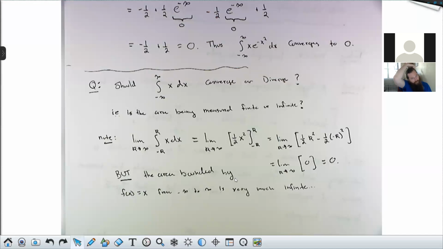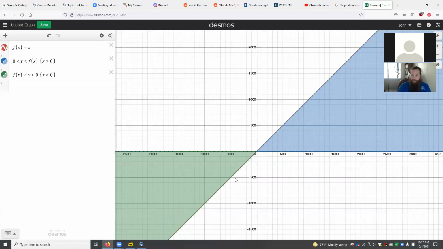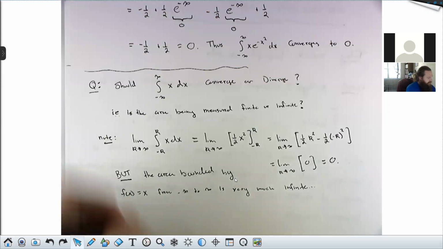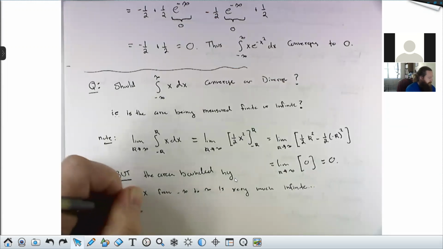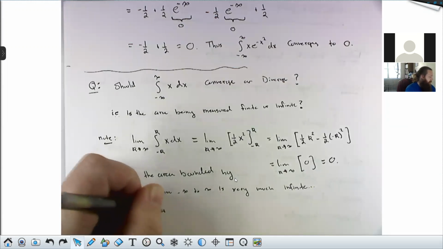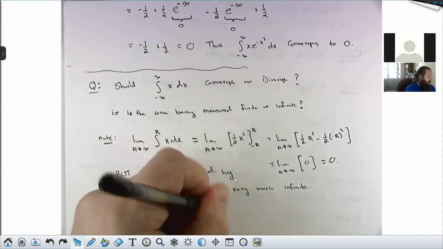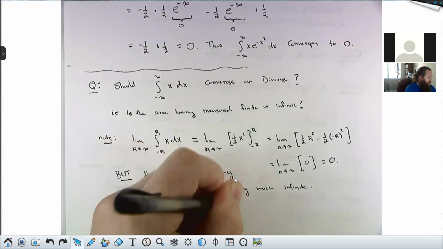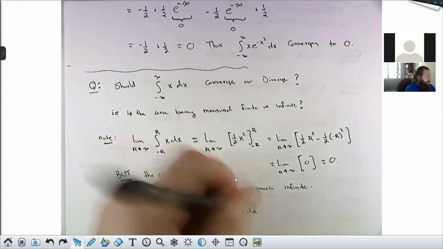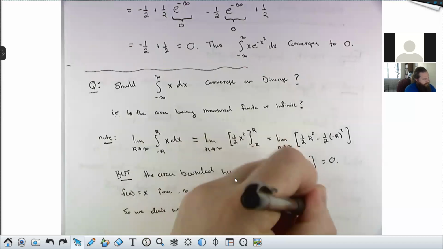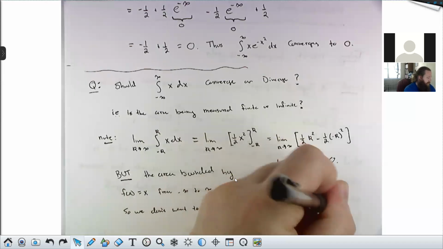But since the blue area is not finite, the green area is not finite, the two areas together are not finite. So I don't want to say that this thing is convergent. We don't want to say that this converges. The way we do handle it, the correct way to handle this,